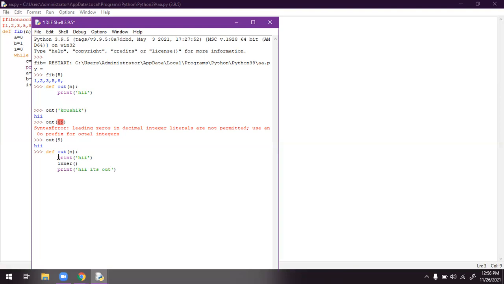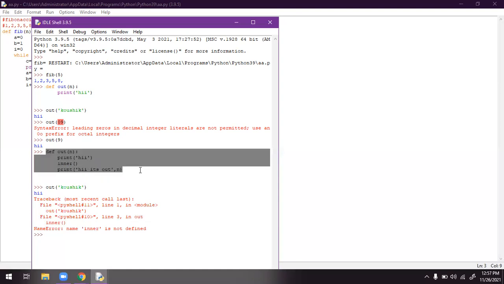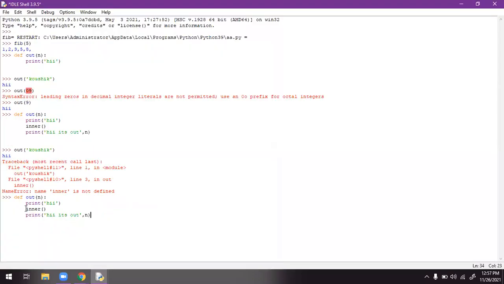Hide this, it's out, comma in. Let me run this program to see whether it will run or not. Okay, I got the error. It's saying line 3, in out inner. Inner is not defined. In order to resolve this, I have to write at the outer side